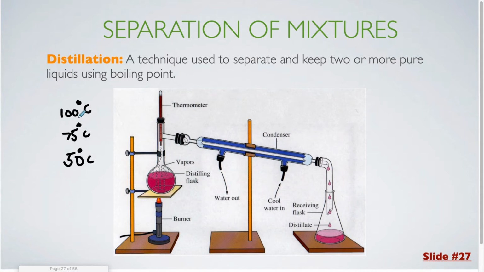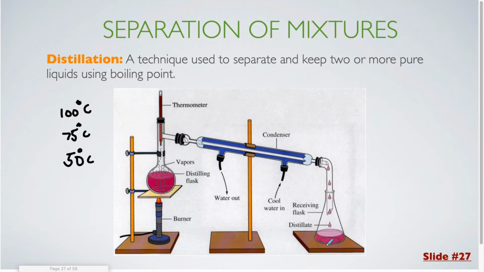So as you start to heat it up, you have your thermometer here, so you'll see that, okay, it hits 50 degrees Celsius, and all of a sudden you start to see these vapors come up. They're going to come up this glass, and they're going to hit cooler glass right around here. When a gas which is very hot gets cooled down, it's going to condense and go back into the liquid state. It's going to run down here through this condenser. This condenser also has cool water running around the outside of this tube, and it's going to flow into the